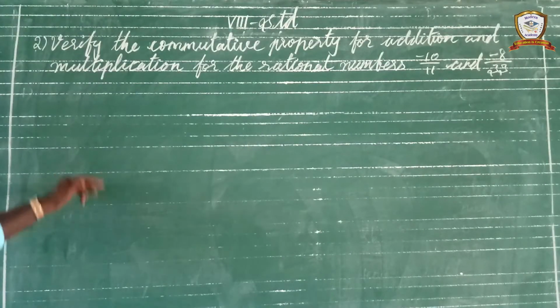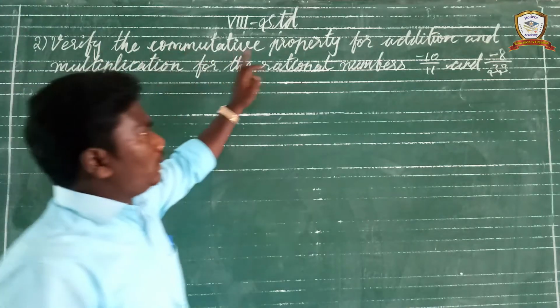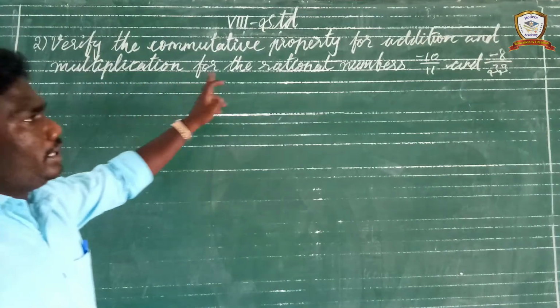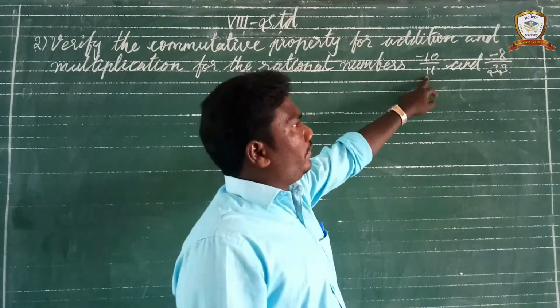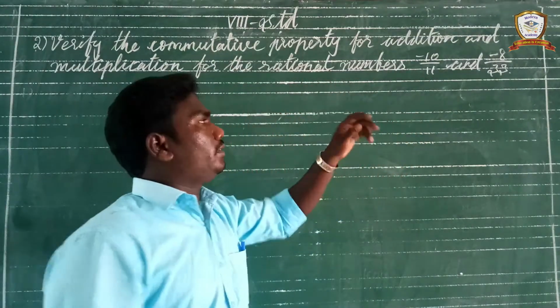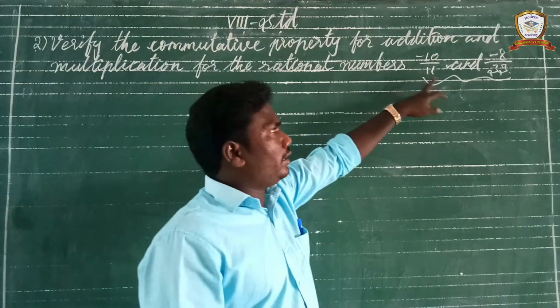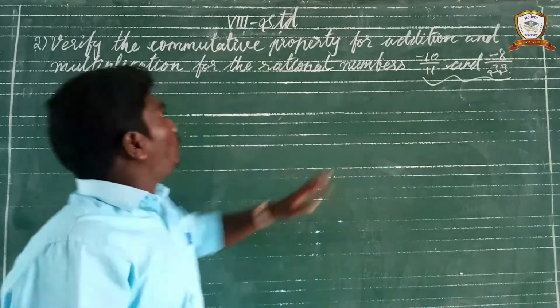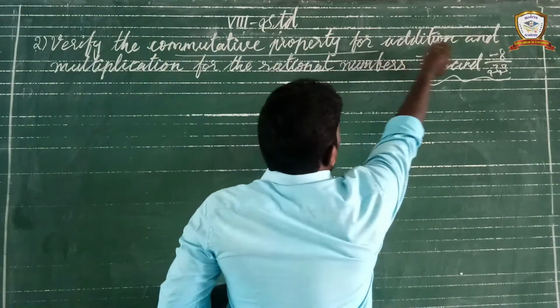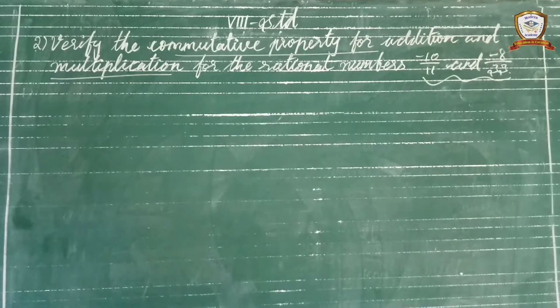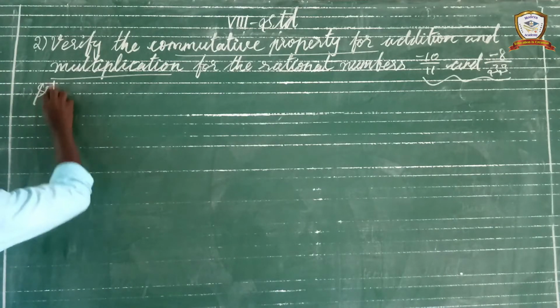Okay students, now second sum: verify the commutative property for addition and multiplication for the rational numbers minus 10 by 11 and minus 8 by 33. So here given two rational numbers. What are the rational numbers? Minus 10 by 11 and minus 8 by 33. We want to find the commutative property for addition and multiplication. That one we want to prove. So here first one,